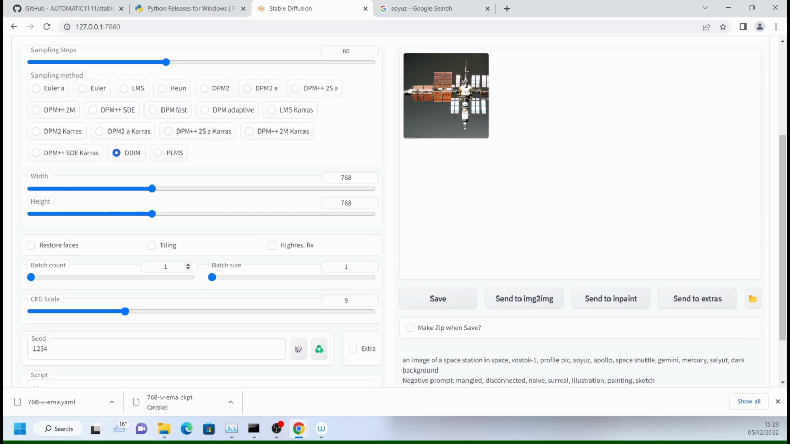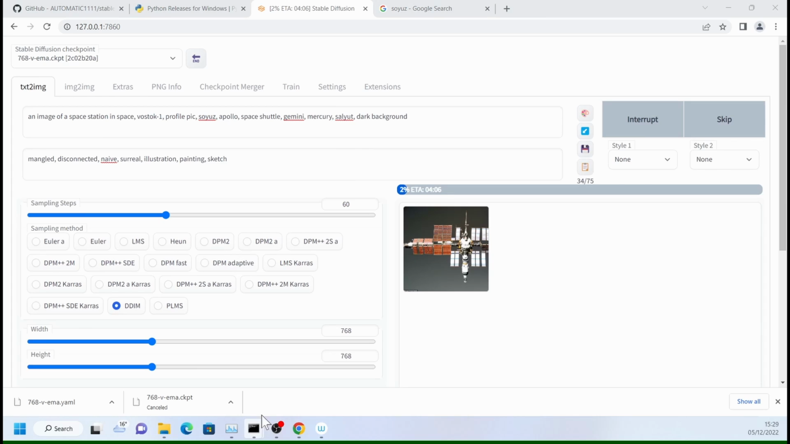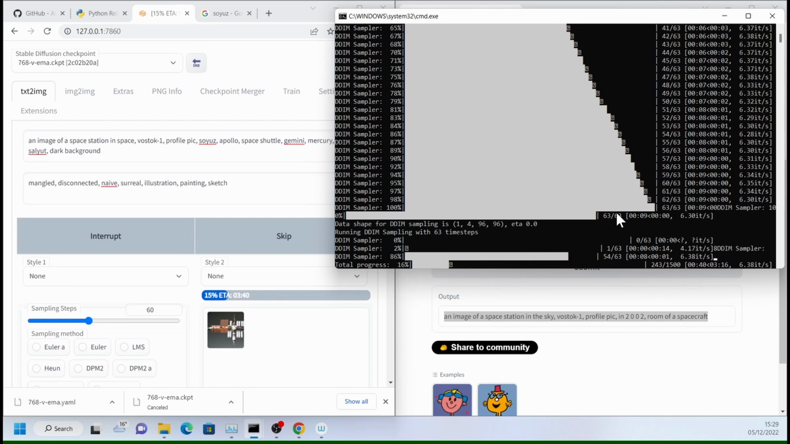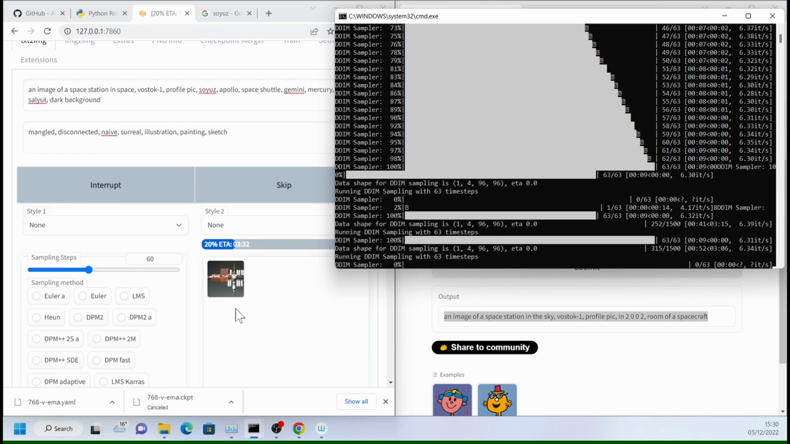So instead of just generating one image, let's generate 25 images and hit generate and wait a bit. Again, let's bring up the command window in the background. So now we can see what's going on here. So we're generating image after image after image. The sad thing about this is we would have to wait until all those images are finished, until they're displayed